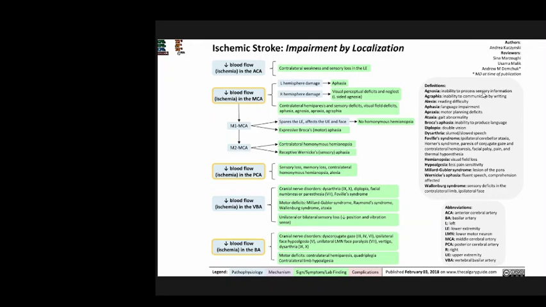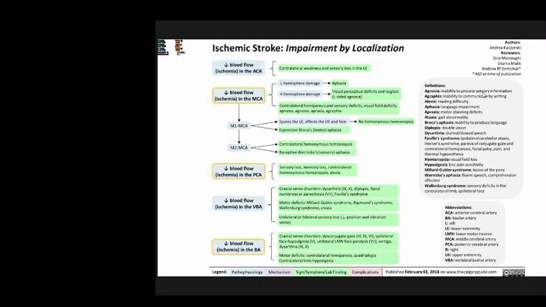He has left homonymous hemianopsia, and for the PCA, our patient also has contralateral homonymous hemianopsia, and for the decreased blood flow in the basilar artery, our patient has cranial nerve deficits seen, such as